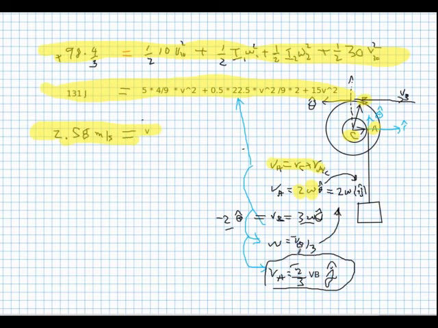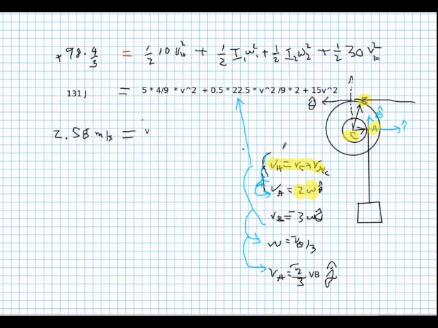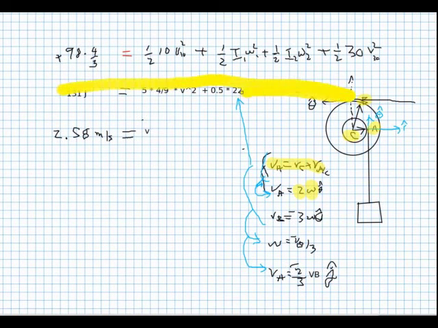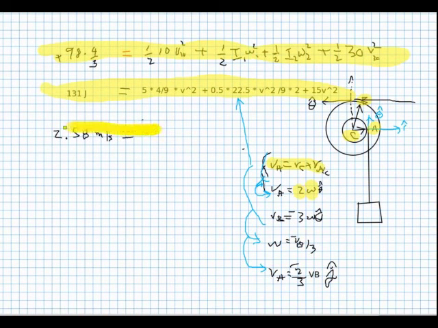Okay, now you would have gotten away with things here if you messed up a minus sign, because a lot of these velocities are squared, so squaring a minus sign makes that error go away. But nonetheless, aside from a handwriting problem on my end, I think we can plug those relationships into our kinetic energy formula up here, and we get this relationship, which you can solve for V to be 2